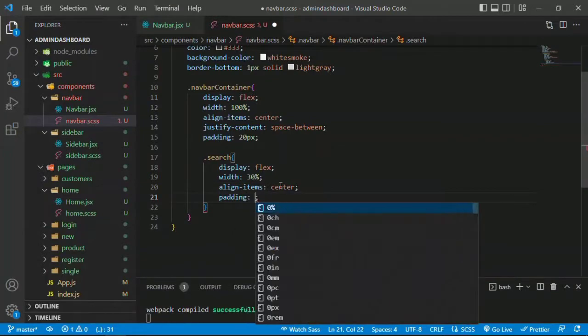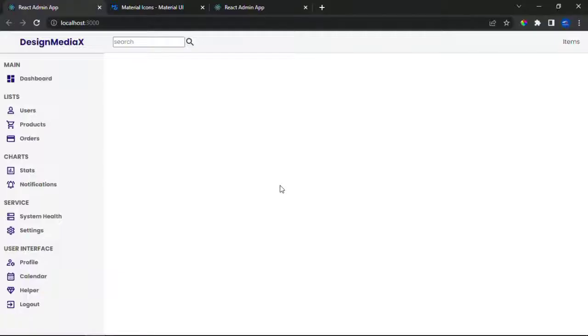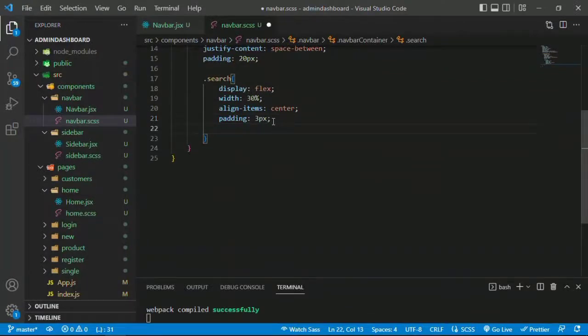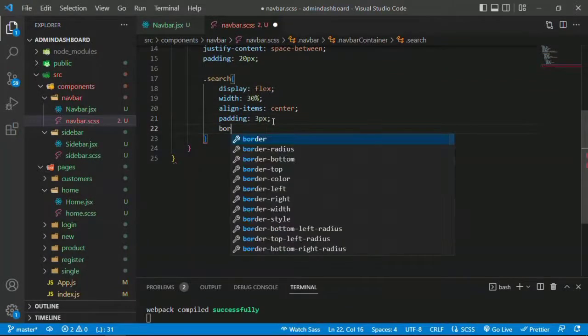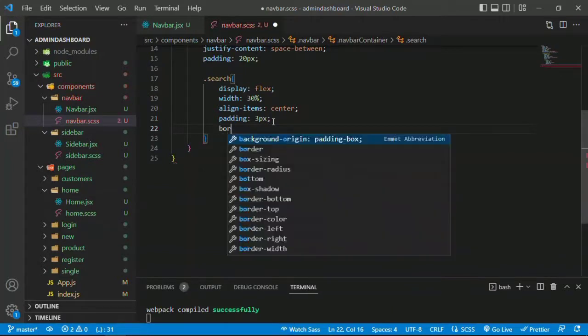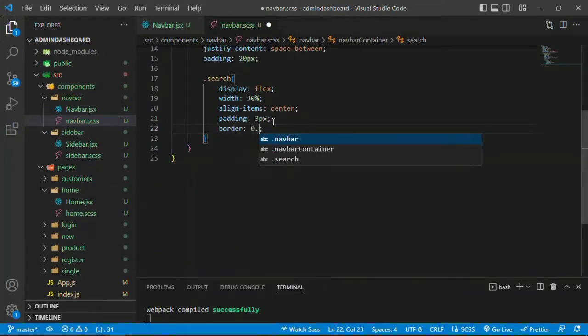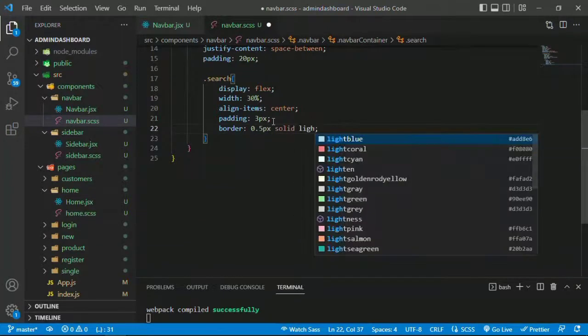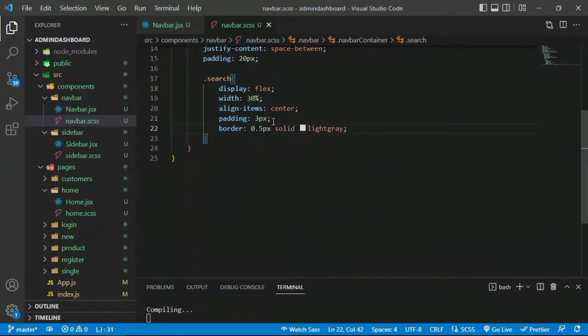Let's do a padding of 3 pixels. All right, let's do here border 0.5 pixels. Yes, border, let's say border 0.5 pixels solid light gray. Save this,